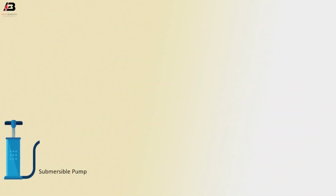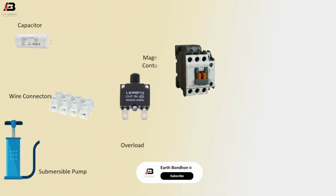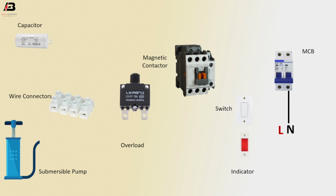So viewers, let's start. Submersible pump, wire connectors, capacitors, overload switch, magnetic contactor, indicator, switch, double pole MCB circuit breaker. Neutral connection to MCB circuit breaker, phase connection to MCB circuit breaker. Neutral connection from MCB circuit breaker to connect magnetic contactor another point and connect